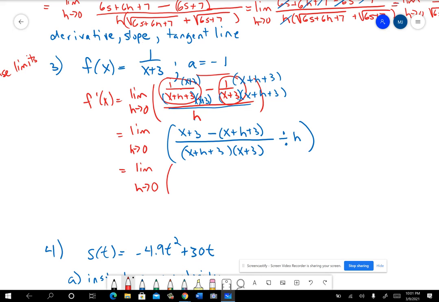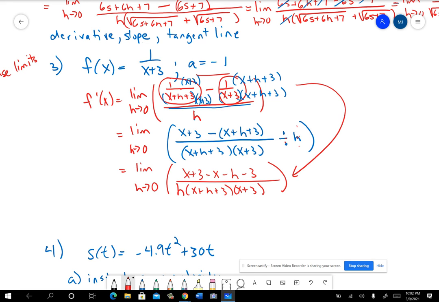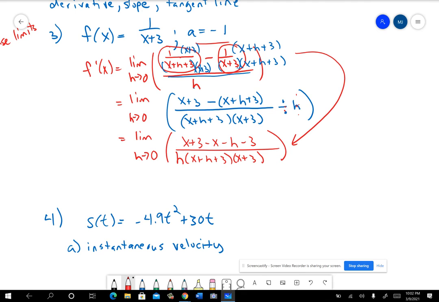Okay. So that divided by h is the same as times 1 over h. So you really have x plus 3 minus x minus h minus 3 all over that denominator. But then you also are times 1 over h, and times 1 over h means you have an h down here. Okay. And you can skip that when you get used to seeing it a lot and go right from there to there. All right, now I'm going to do a little simplifying before we consider the limit as h